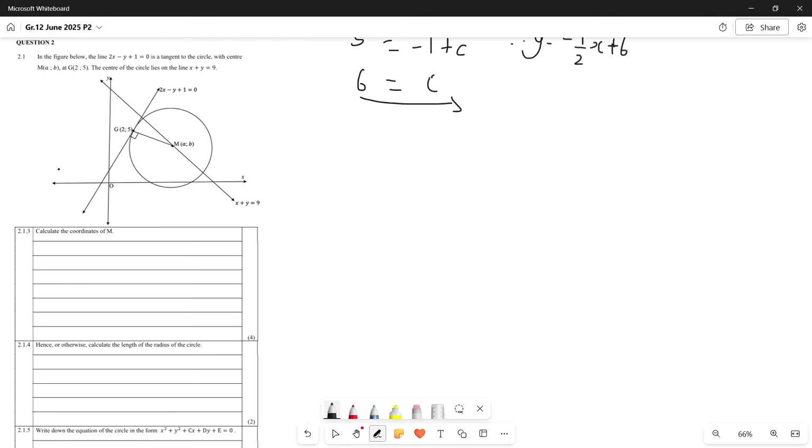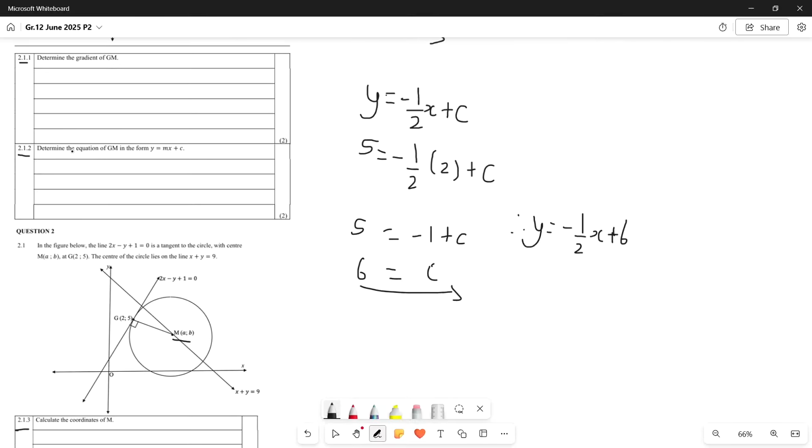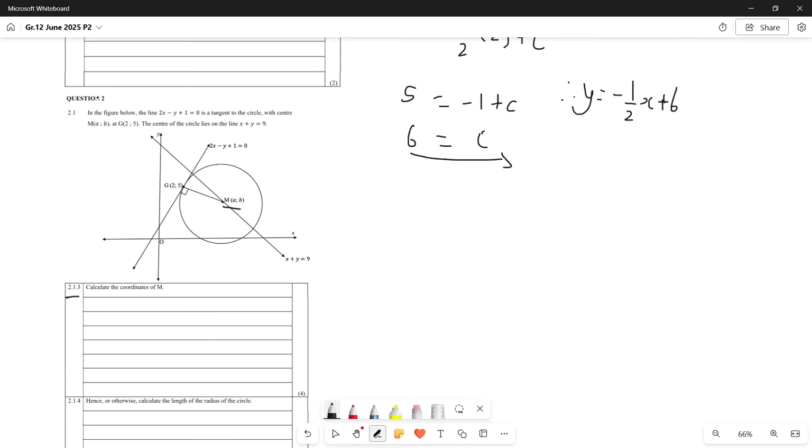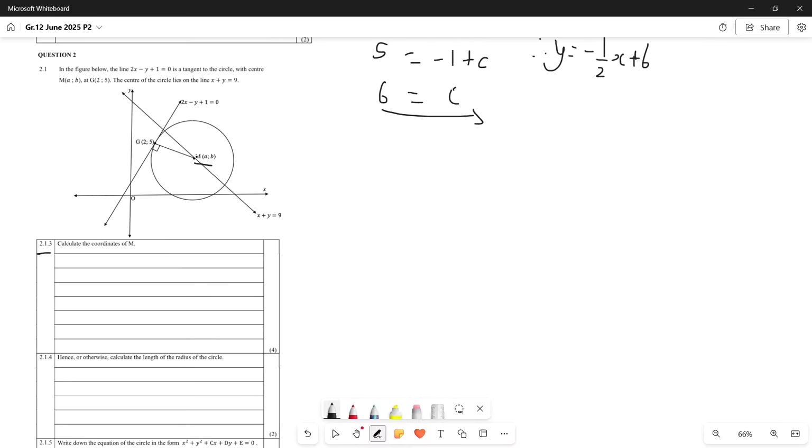And then question 2.1.3 over here, calculate the coordinates of M. So we need M. M is a point on this equation, GM. A reminder that we just calculated the equation of GM for an important reason. These are all follow-on questions, which means GM and this tangent over here, this guy with the equation of y equals -x plus 9. M is the one point where GM and this line going through here intersect,